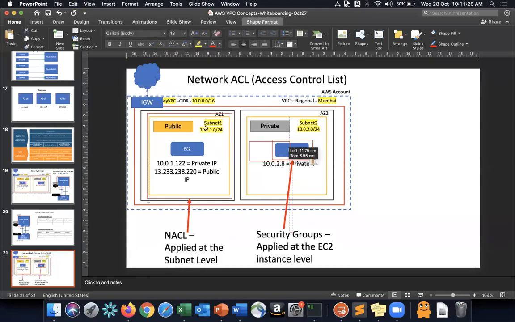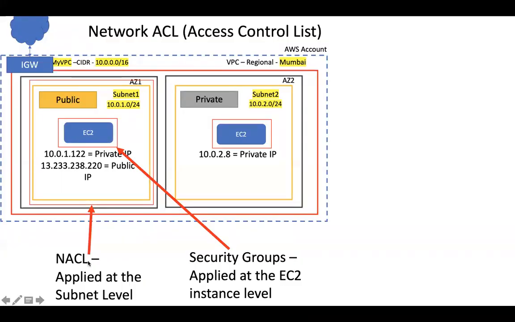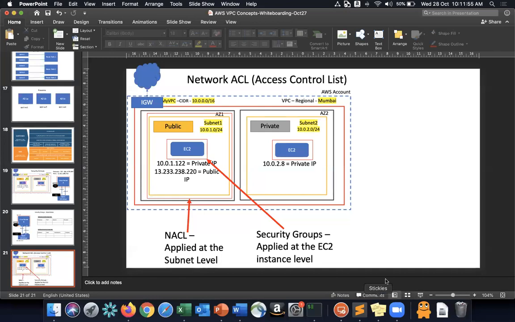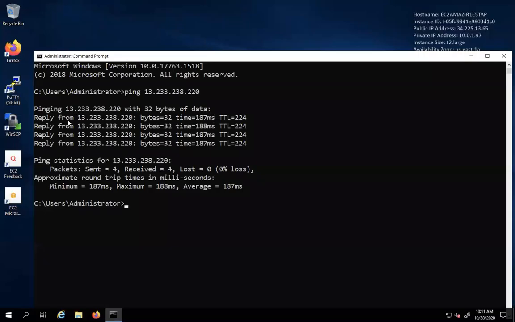I'll also put the security group around this. Okay, the first gate is NACL, which is the first red box around the subnet. Then the second gate is your security group, which is around the EC2 instance. Now let's look at how the communication would flow. In this case, I'm able to ping my EC2 instance, right? Because I'm allowing traffic to flow through my